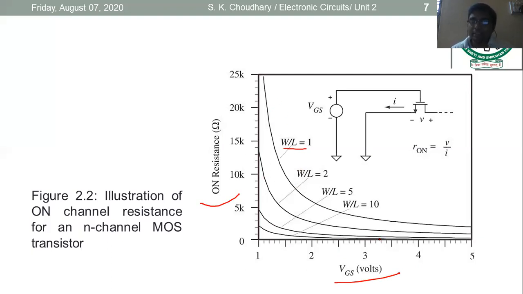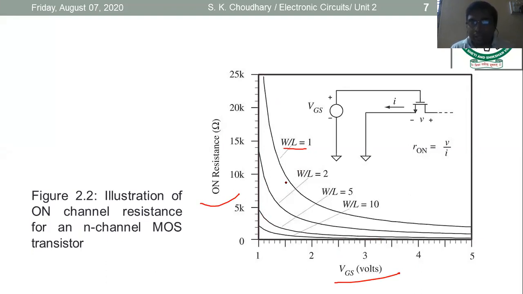Your on resistance would decrease. So as you increase the VGS, your resistance decreases and it would act more actively as a switch. It would be more biased in the non-saturation. That is the first condition. Second, as VGS decreases, your resistance would increase, meaning it would act as an open switch in this area.